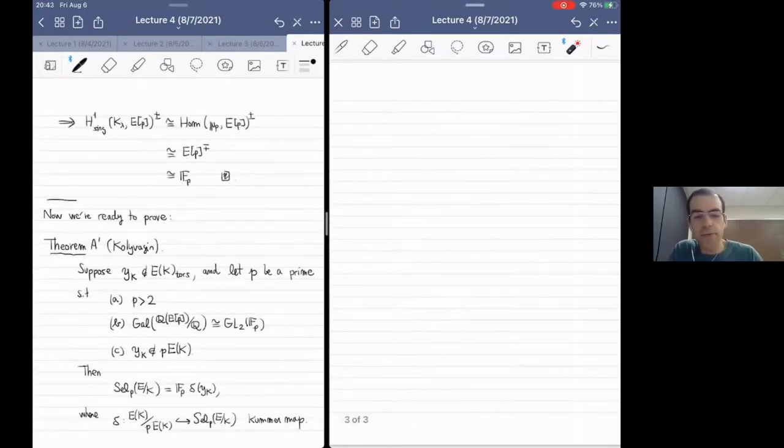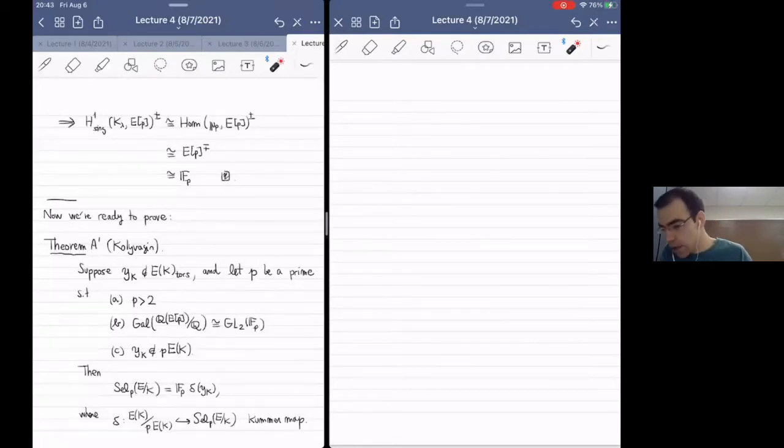Okay, so as we already explained, the proof of this boils down to bounding the size of this Selmer group, because the assumption that y sub k is p-indivisible is telling us that the Selmer group is at least one-dimensional. And now we want to conclude that it's no larger than that. Let's start the proof by doing the following reduction. Suppose